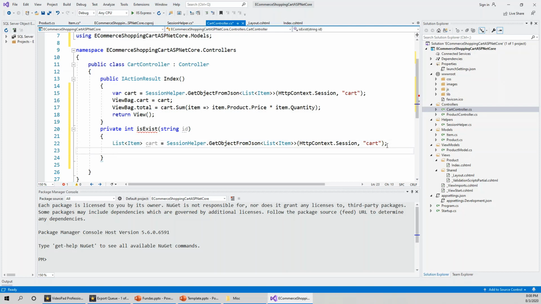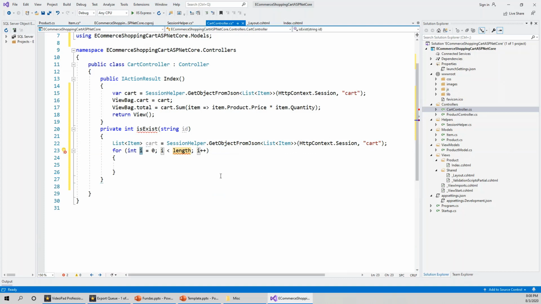Now there will be a for loop here. I'll shortly explain to you what I am going to do. So for int i equals 0, i less than cart dot count, the number of objects in the cart. So cart dot count,